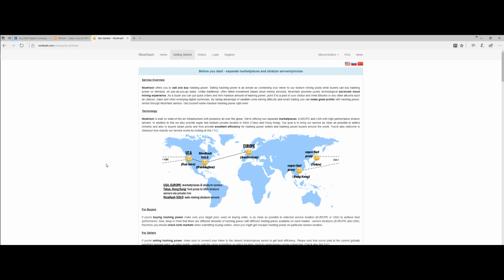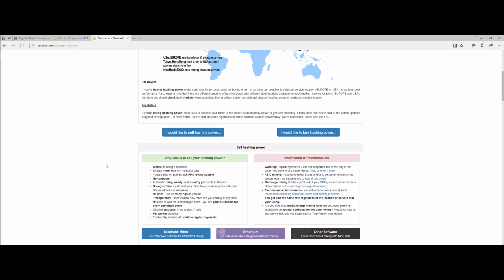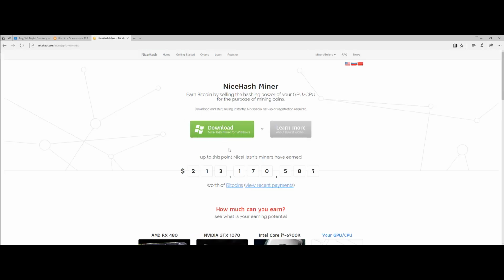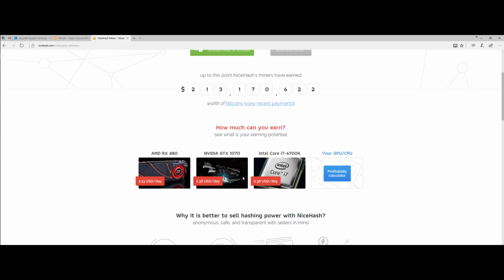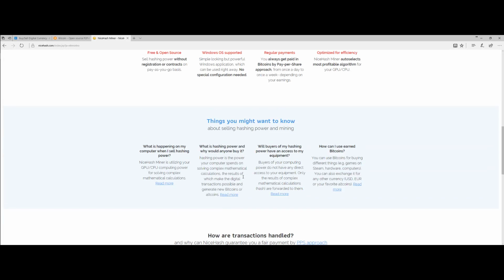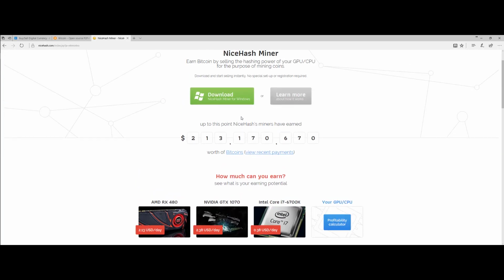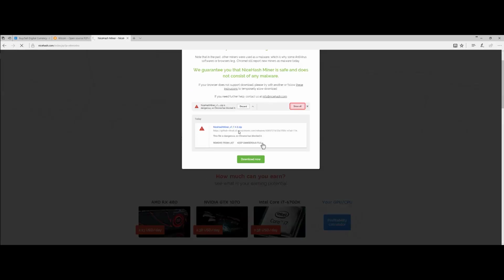But we're going to go to getting started. Here is going to have all the information on buying and selling. We're just going to click here. It says Nicehash Miner. Free software for CPU and GPU mining. So here, download Nicehash for Windows. Here it has a bunch of information unneeded. If you want to go read it, go ahead. It's nicehash.com, NICEHASH.com. And we're just going to download now,